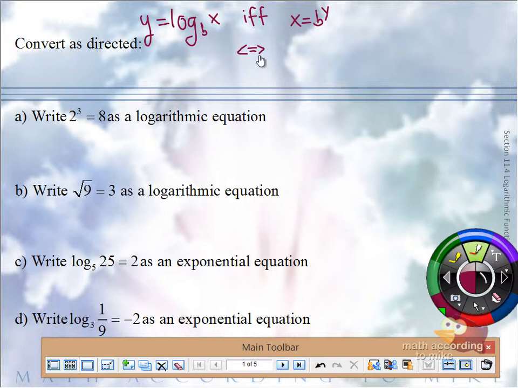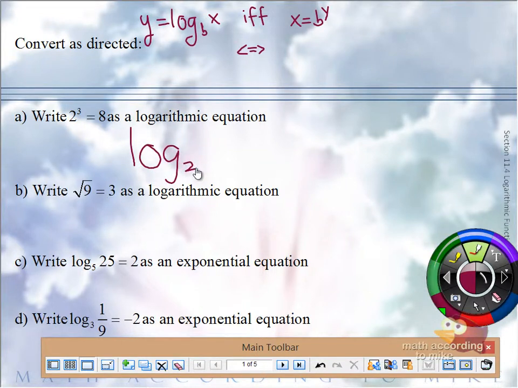So right now in part A, we have an exponential equation because it's 2 to the third equals 8. So let's get used to writing the logarithmic equation. The base of the log is always the base of the exponent. Part A, what's the base of the exponent? 2. What's the base of the log going to be? 2. Log